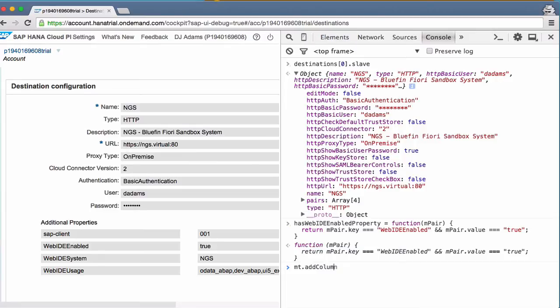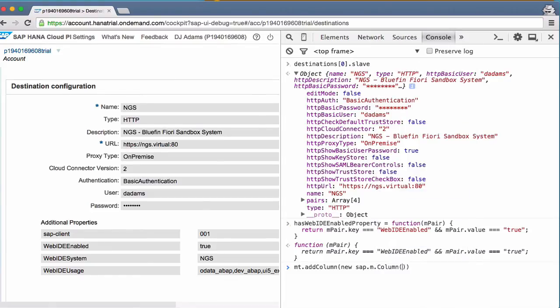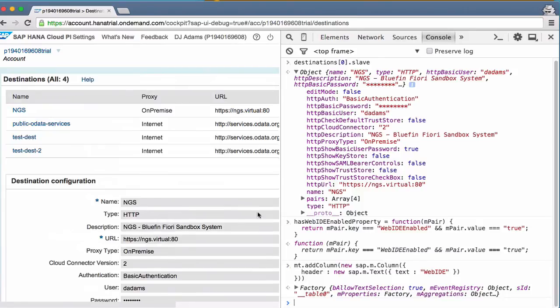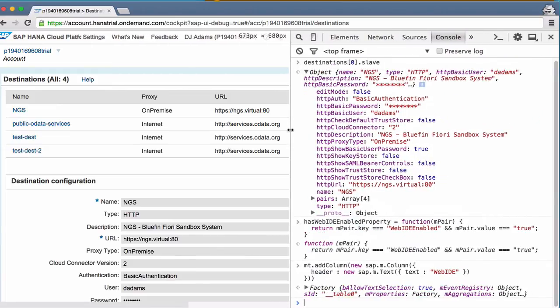Add column, and that column, just like the other ones, has a header, and the text is going to be with the text property of Web IDE relevant or not, so that sort of thing. Okay, so we've got that there. There it is, Web IDE. Nothing in it yet, but if we now